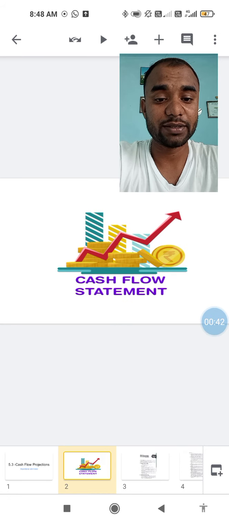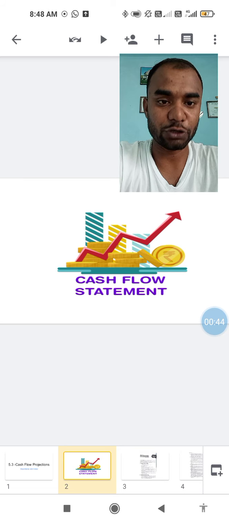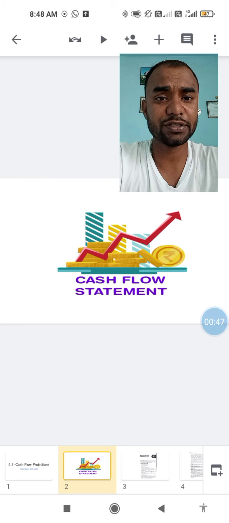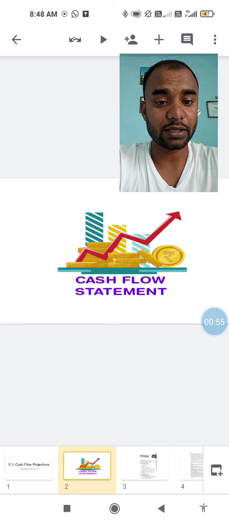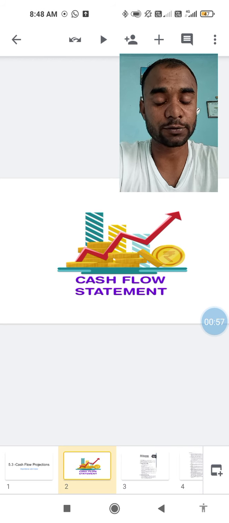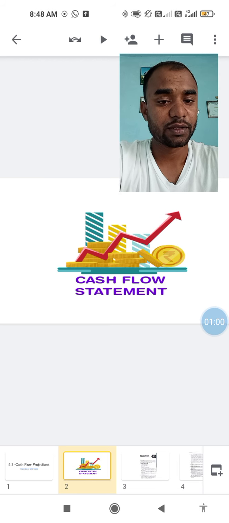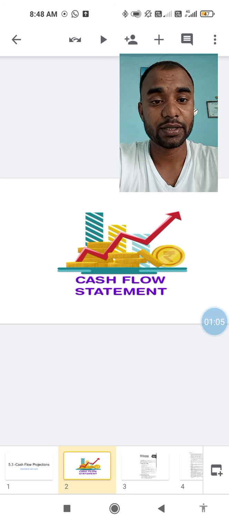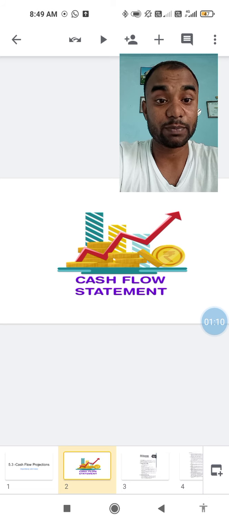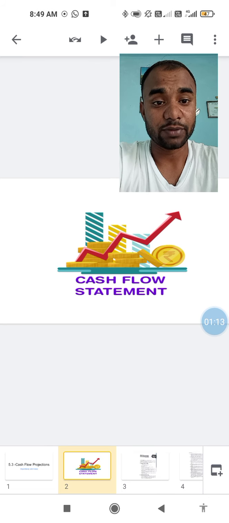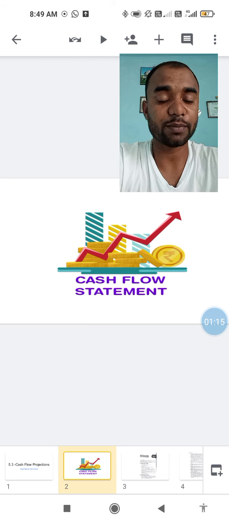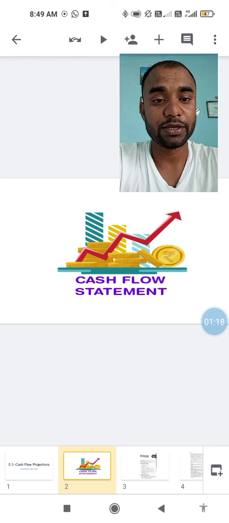This is what a cash flow statement is. A cash flow statement is the inflow and outflow of cash and cash equivalents in an organization, in a concern. Now, the point of concern here is this has got some importance and some uses also. So we are going to discuss that, and that may help us to even prepare these cash flow statements. So cash flow statements you will be preparing in class 12, part B of your accountancy. Well, some of you might have already started, some yet to be. I'm not very sure about that, but you will definitely find it.